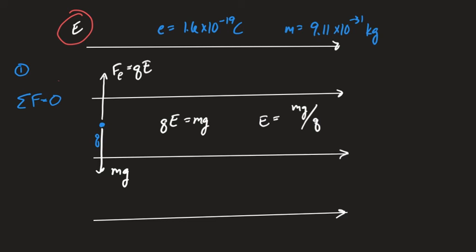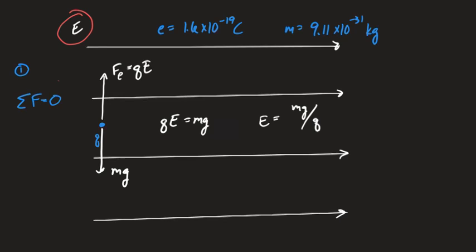Good so far? Would that field point up or would that field point down? The field would have to point down. The electron goes in the opposite direction of the field. So I need my field to point down so the electric force would point up. Now, you can plug the numbers in here, but you understand the numbers aren't the issue here. I do want to be very critical, the numbers aren't the issue here.